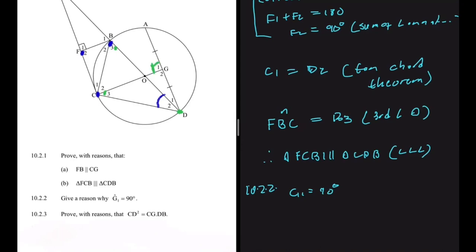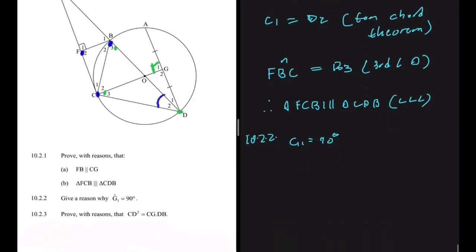That is theorem 1, right? So the reason is that a line from center to midpoint of chord is perpendicular to the chord. And then if it is perpendicular to the chord, then consequently G1 should be equal to 90 degrees, just like G2. Right, that is theorem 1. And then now